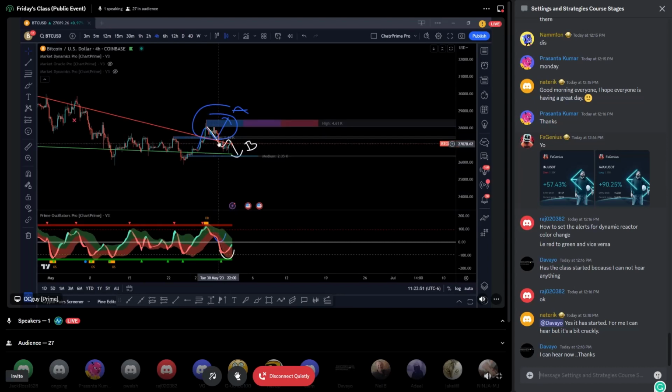Remember, whenever we were at support, which was this breaker block, let me just turn this one off. You can see the price breaking through that support, which was the low breaker block, correct? And as we broke through, we also broke through this zero line, correct? So we were looking for the flip of the ribbon. Look at that, plan A on blue, with the flip of the ribbon at the zero line, or plan B on white, at the flip of the ribbon at the bottom.